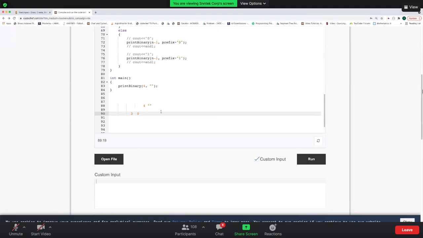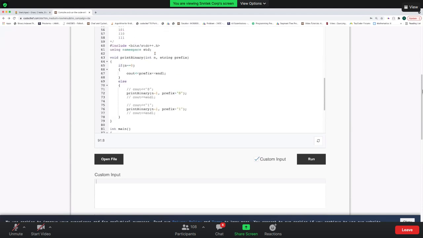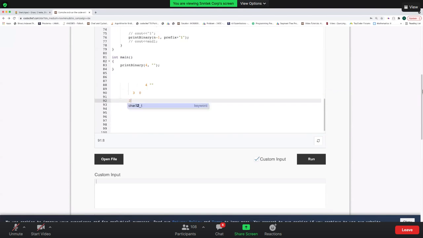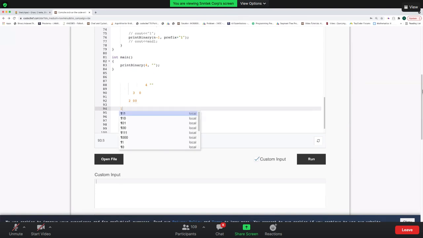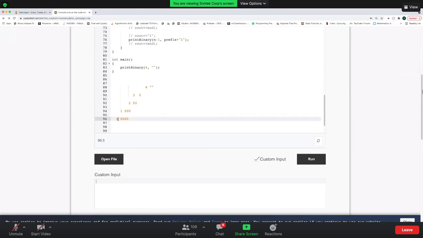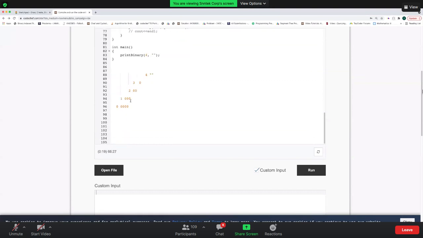Now you go deep dive into this. Now my n will become 2. This will call this function again. My n will become 2, and the prefix will become 0, 0. It will again call with n equals to 1, and the prefix will become 0, 0, 0. Then it will again call and this will become 0 along with the prefix as 0, 0, 0, 0. Now my n is 0, so it will print this prefix, which is 0, 0, 0, 0, right?